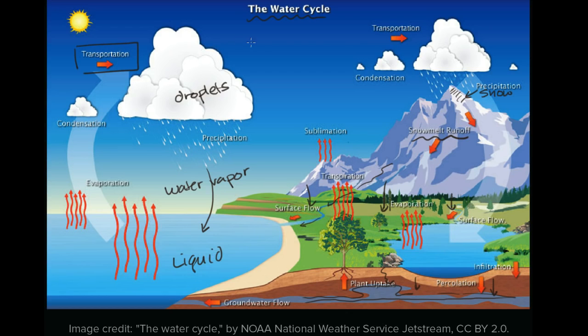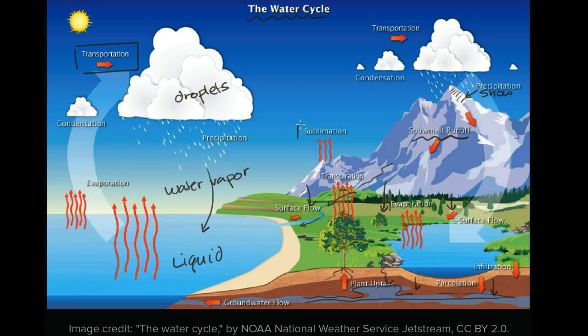And so that, in general, is the water cycle. You have evaporation, it condenses into clouds, it eventually precipitates, and it keeps going round and round and round. Now, of course, there's other actors at play. You have things like plants. Plants will take up water from the upper soil as far as the plant's roots go, and it will use that water to transport nutrients from the soil up into the leaves. It also uses that water as part of the photosynthesis process that we've studied in many videos, and a lot of that water gets transpired out. So once again, this is transpiration, essentially evaporation of the water out of the leaves.